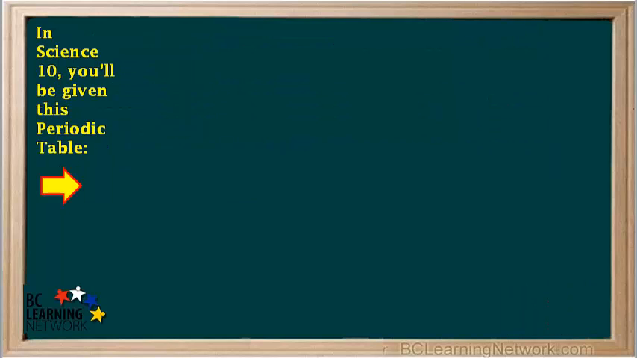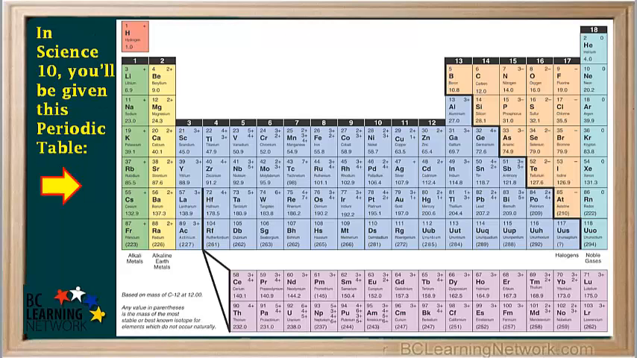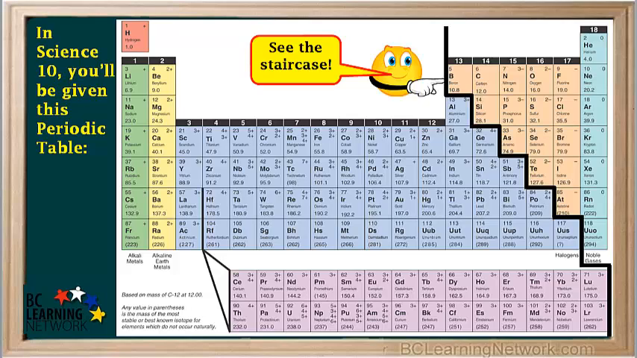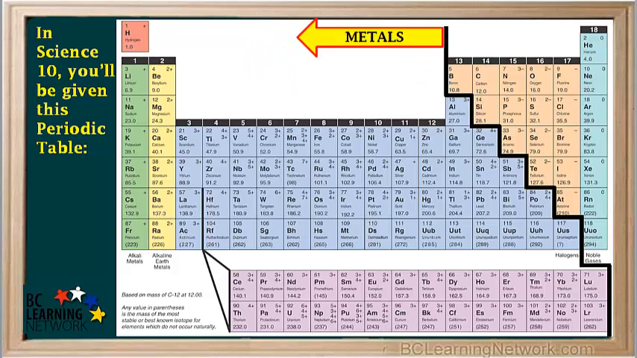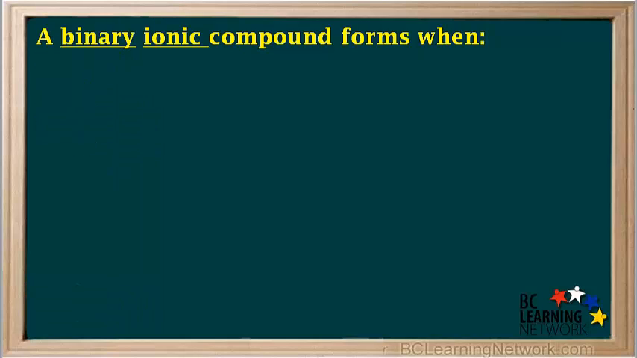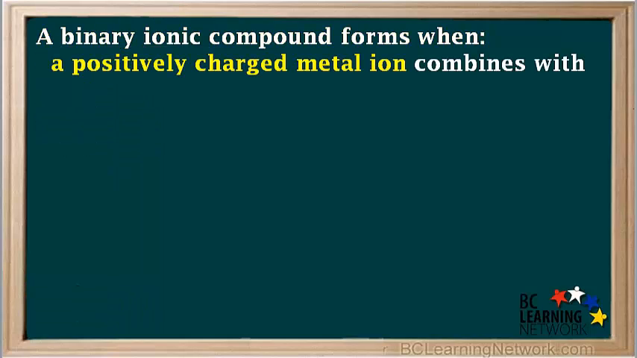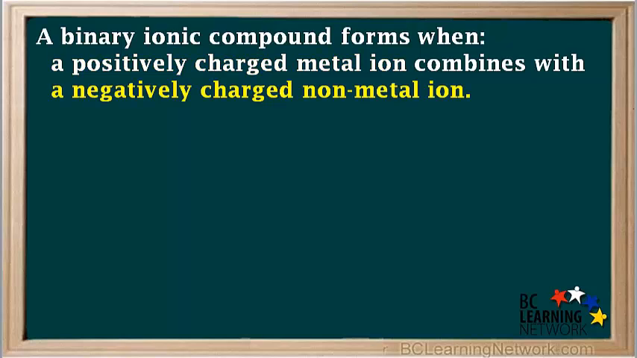In Science 10, you'll be given this periodic table. Notice the black staircase. It starts on the left of boron and steps down to the right until it runs between elements 117 and 118. The elements on the left side of the staircase are metals, and the elements on the right side of the staircase are nonmetals. A binary ionic compound forms when a positively charged metal ion combines with a negatively charged nonmetal